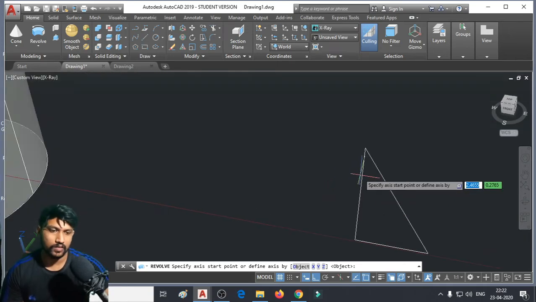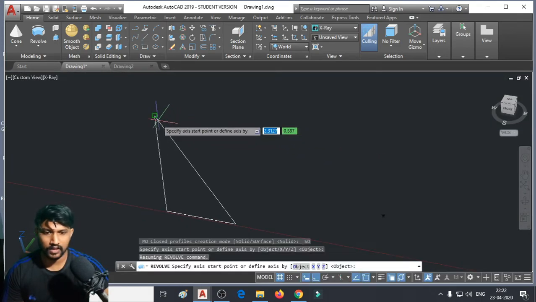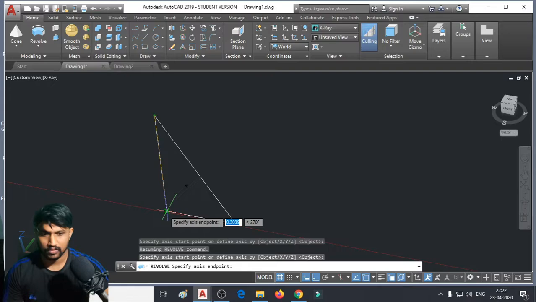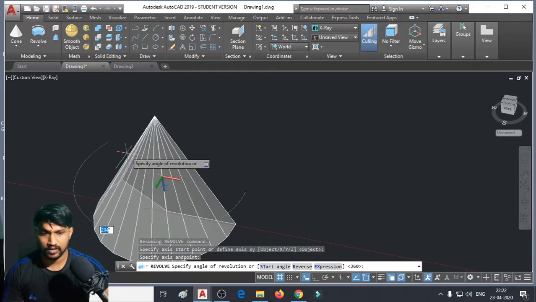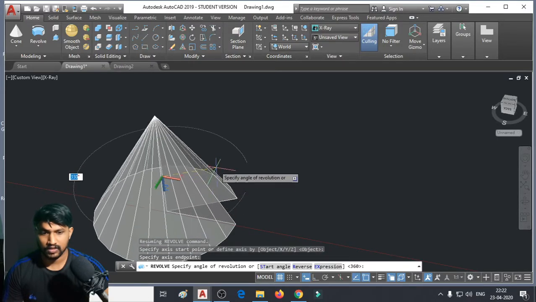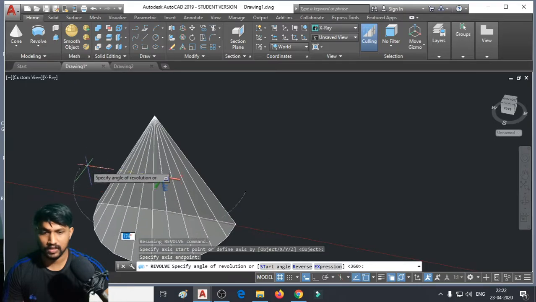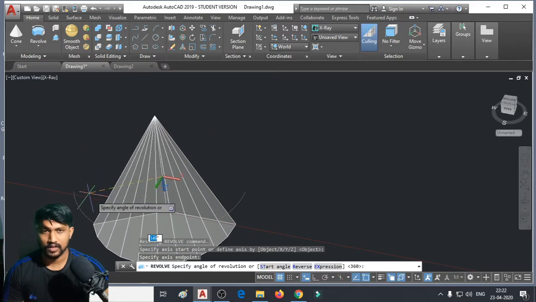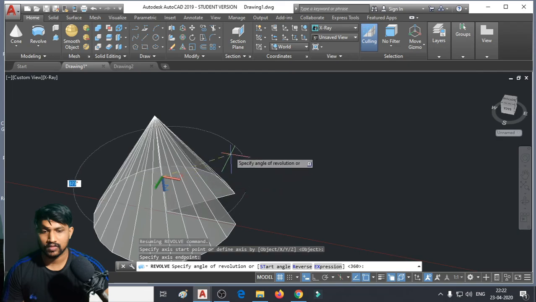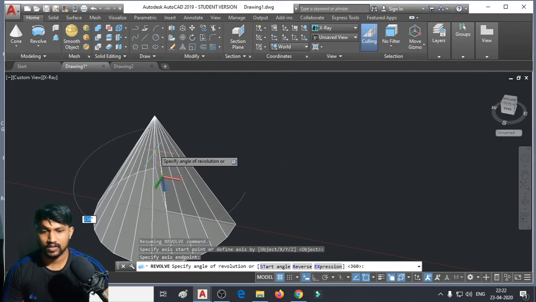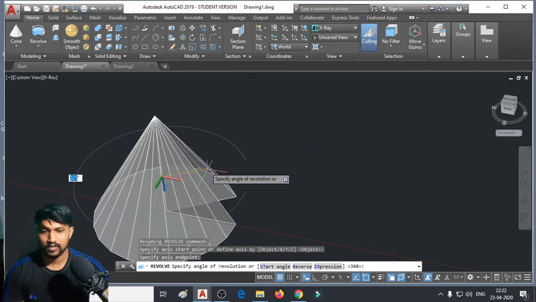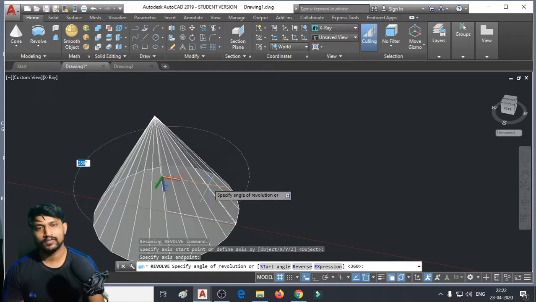It is asking me to specify the starting and ending points. I'm going to select this face here. Okay, can you guys see this one? This one is actually a cone. If I rotate this one by 360 degrees, I'll get a cone.